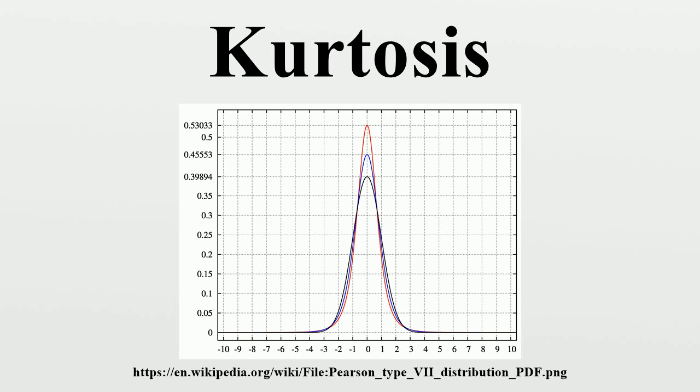Graphical examples. The Pearson type 7 family. The effects of kurtosis are illustrated using a parametric family of distributions whose kurtosis can be adjusted while their lower-order moments and cumulants remain constant. Consider the Pearson type 7 family, which is a special case of the Pearson type 4 family restricted to symmetric densities. The probability density function is given by a formula, where a is a scale parameter and m is a shape parameter. All densities in this family are symmetric.